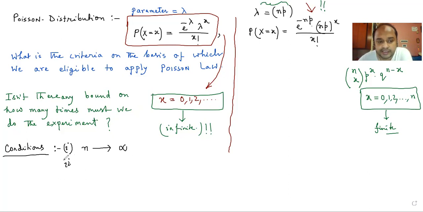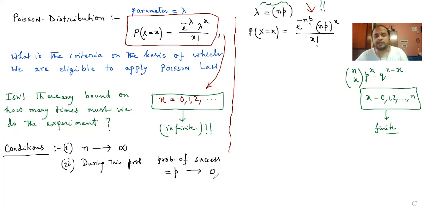Point number two is that during this process, the probability of success, which I can denote by small p, is very low